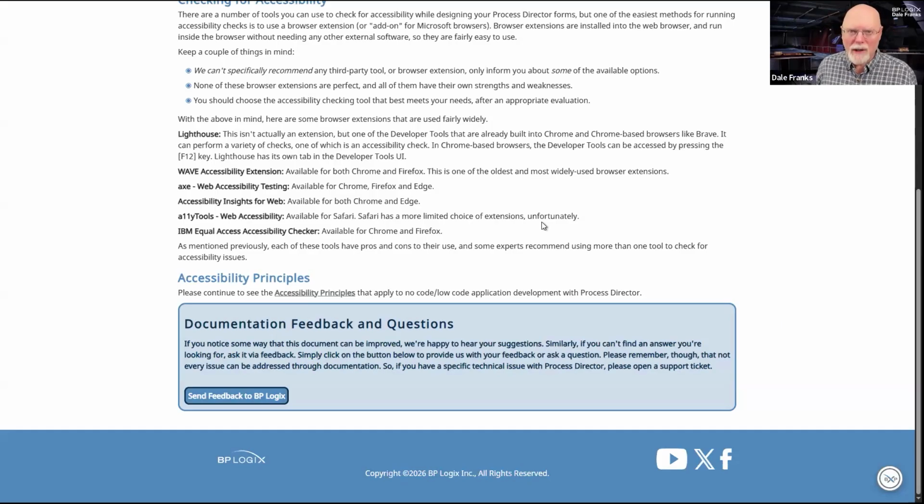For a variety of reasons, it's almost technically impossible to make the administrative UI fully accessible, and that's not really a requirement of the ADA. The requirement for the ADA is that end users need to be able to have an accessible interface. And that's what we have done for Process Director to make the interface accessible.